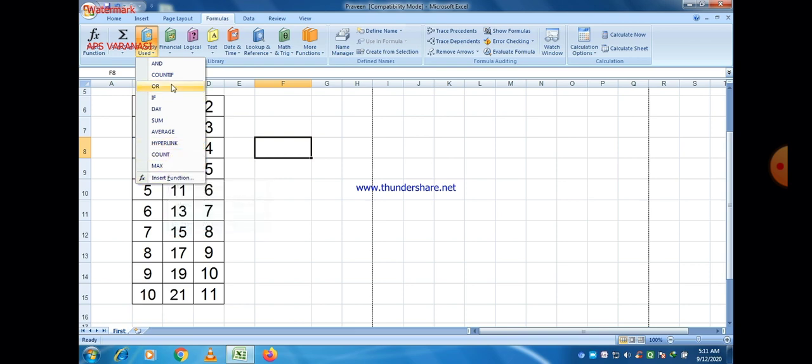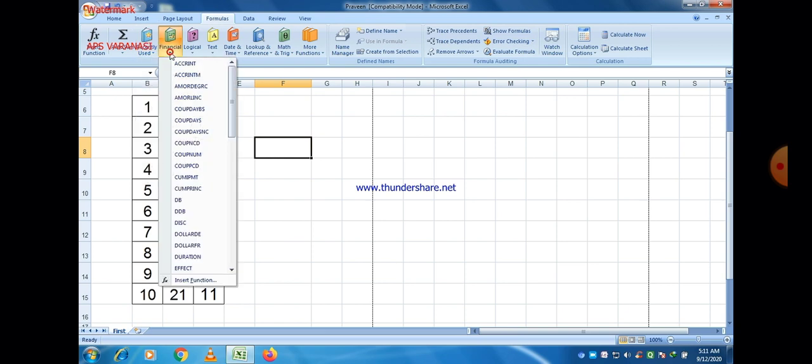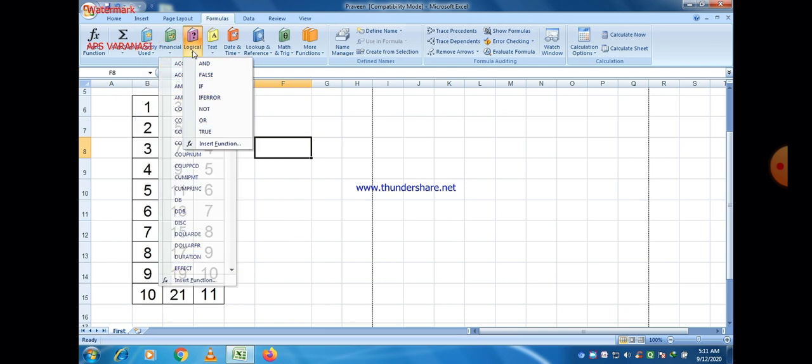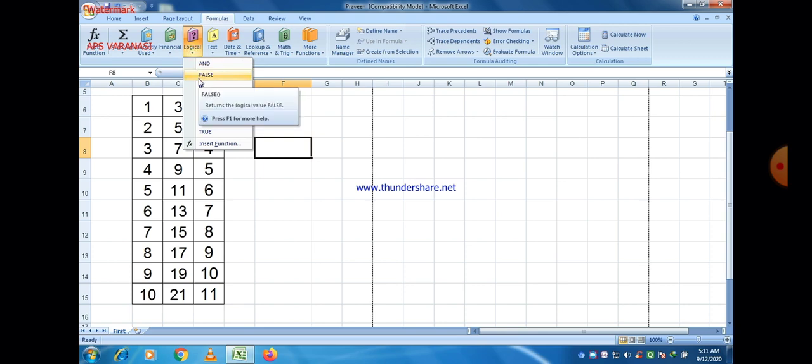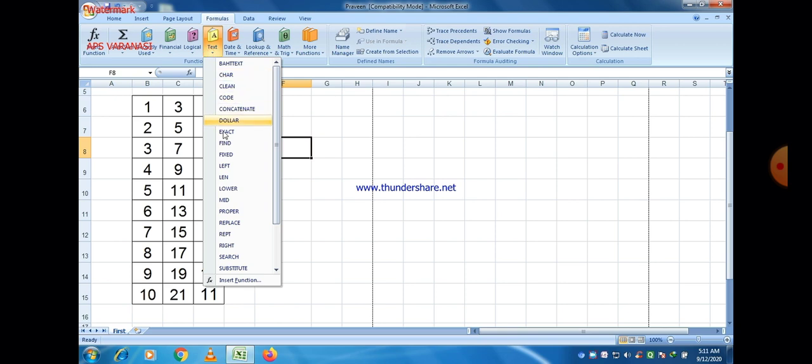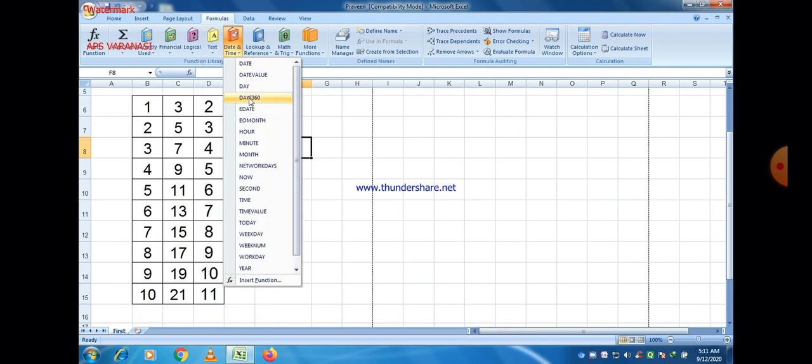So different categories of formulas are there, and you can first select any one category and use the formula you want, or according to need you can select the category first and then the formula. So these are the formulas.